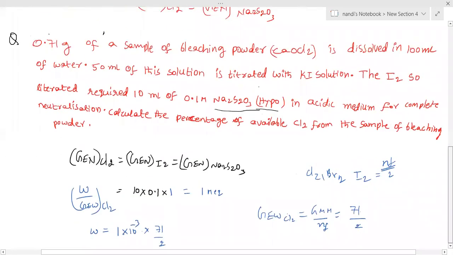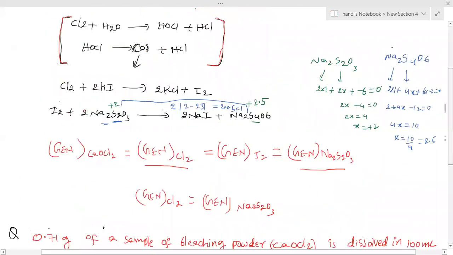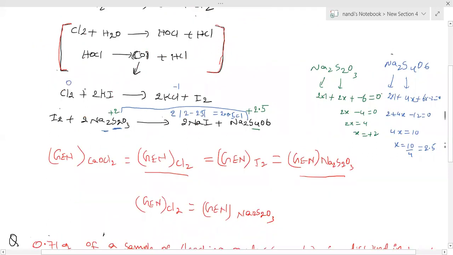Any doubt here? How is the n factor of Cl2? Okay, one more time. How to get the n factor of Cl2? You can check it here. 0 is the oxidation state, and then minus 1. The difference is 1. But how many Cl are there? 2. So 2 is the n factor. Any doubt? Everything we are discussing, every point. But you should not act as if we are learning these things for the first time.